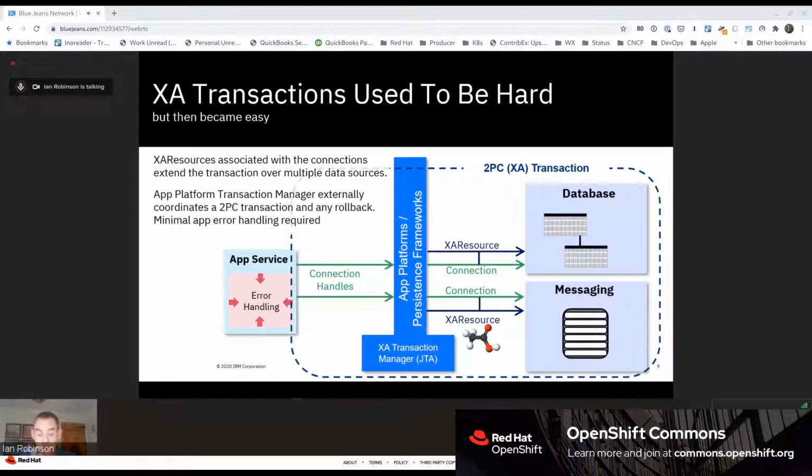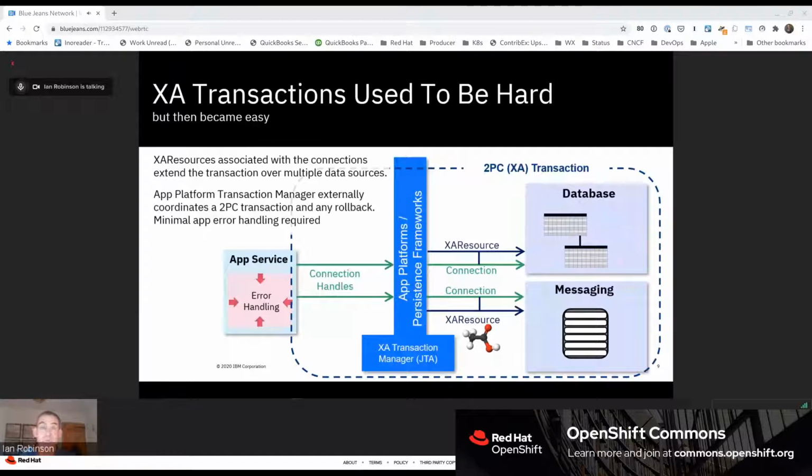So now you introduce a second data source. Local transactions are obviously local to a single resource manager. Now an application starts to interact with multiple backend systems. As those applications became more capable and started to do that more often, the error handling scenarios that the application was responsible for became more complex. You had to now coordinate activities across multiple backend systems, and that's what XA and two-phase transactions again simplified.